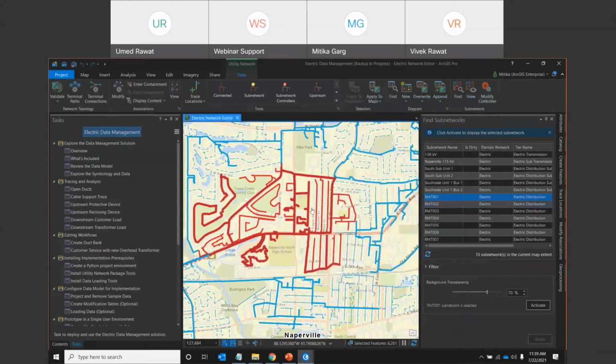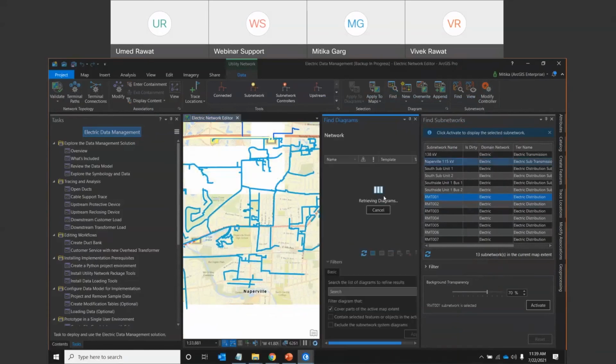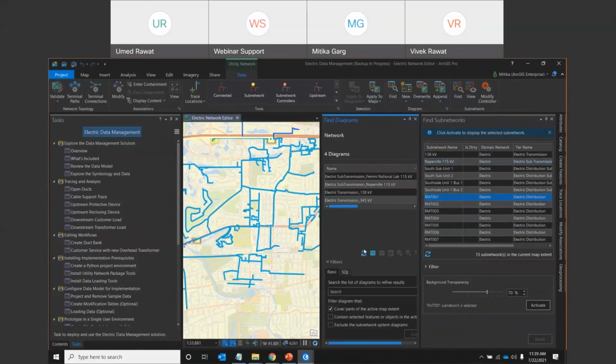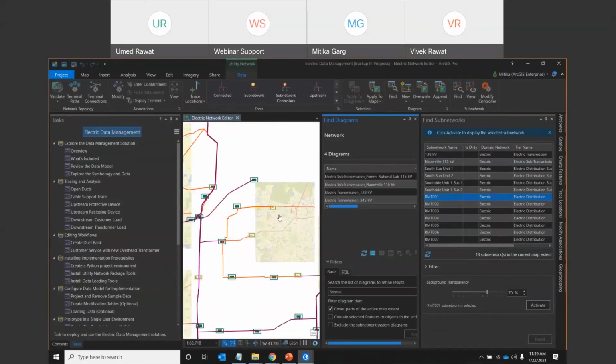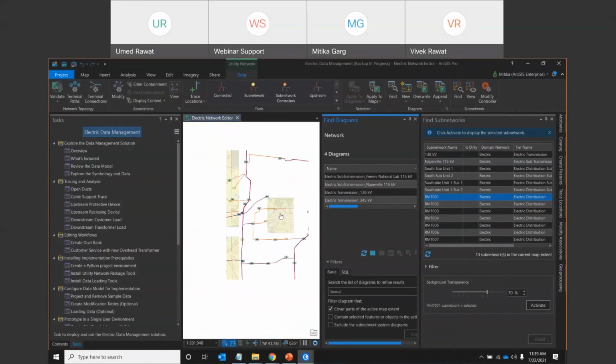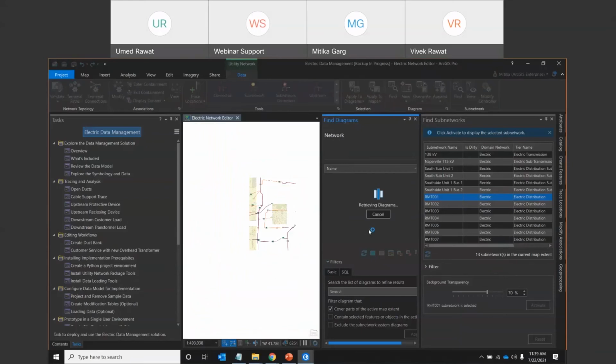Then I was also showing you there is a network diagram functionality. So a lot of diagrams you can have in this, like if you have multiple tiers like transmission tier or distribution tier. If you see, I am changing the extent, so it is highlighting all the diagrams which I already have. These are the sample diagrams which we have created and stored in this HOT. You can get access to them, or you can generate a new basic diagram also through the toolbar. So this is giving a lot of capabilities.